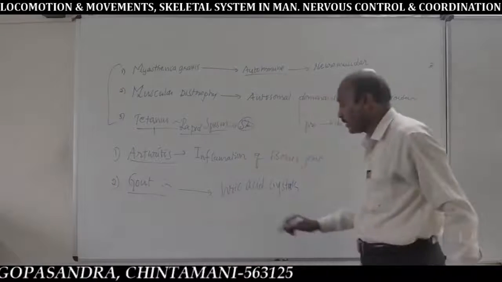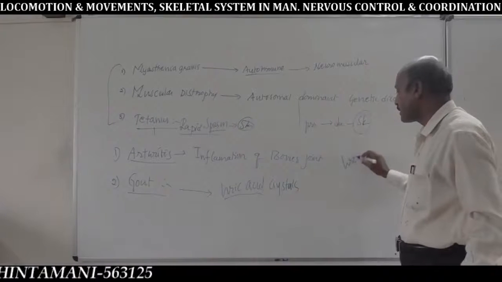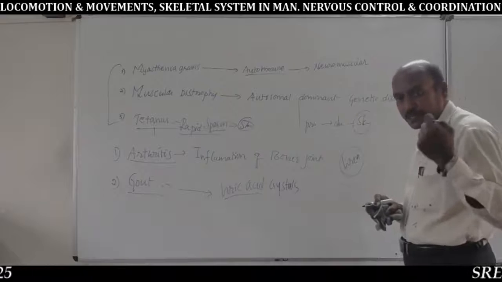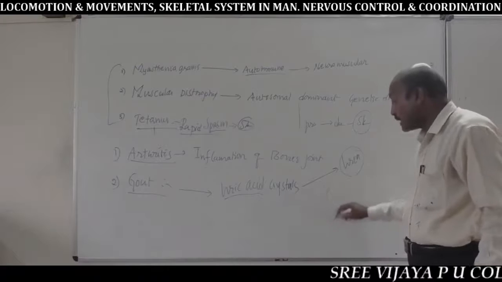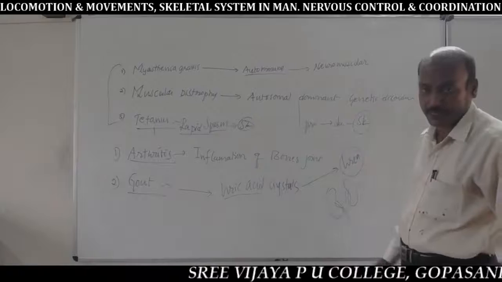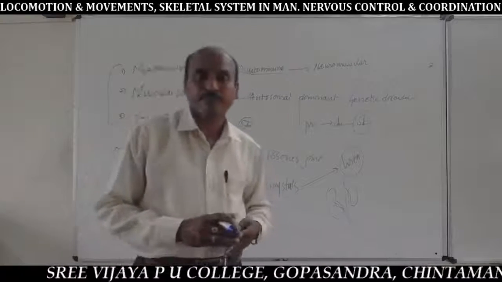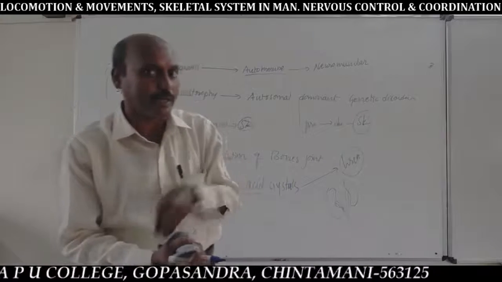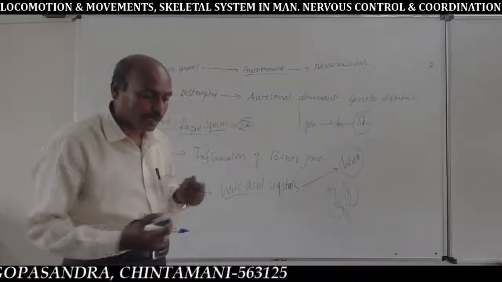You should remember uric acid crystals. Uric acid crystals means the hard chemical substances present in the urea are called uric acid crystals. Whenever the nephrons of the kidneys fail in the filtration of blood, nothing but whenever the kidney fails, all uric acid crystals accumulate and are stored in the blood.